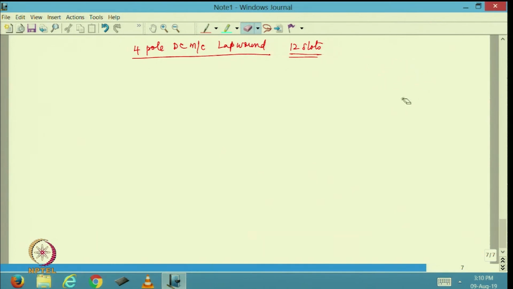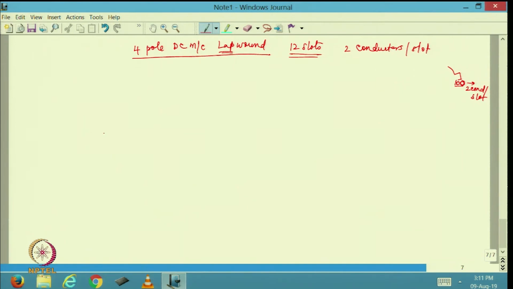So I am going to just erase this. So if I take a 12 slot DC machine and I am going to say 2 conductors per slot. So if I am going to talk about a slot like this, in this slot I am going to have one conductor at the back, one conductor at the front. So this is essentially 2 conductors per slot. This is how it is going to be. Okay. So let me try to draw this particular winding, lap winding for a DC machine.